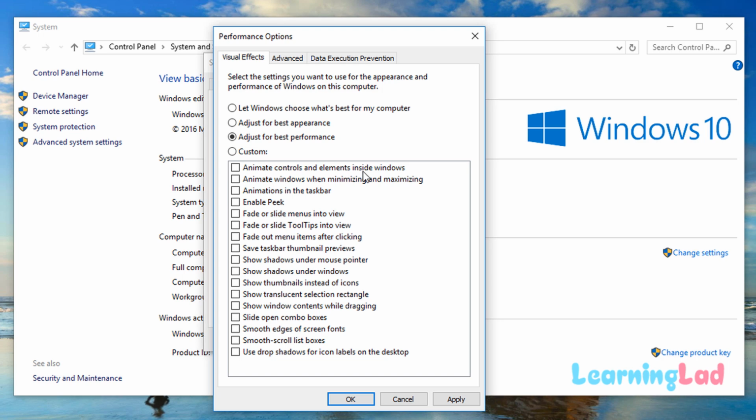So basically this is all about the visual effects and some other things which take a lot of processing time and make your Windows 10 computer look cool, but while making it look cool, they use up a lot of processing time and memory. So once you select this adjust for best performance, all these options are unchecked. All this processing time and memory will be saved, and that can be used for some other programs,